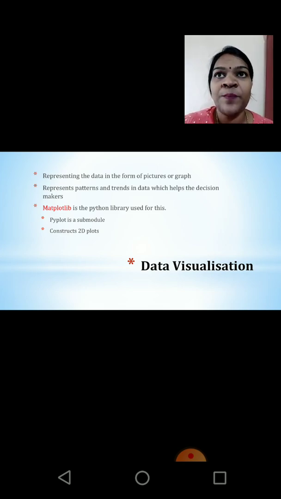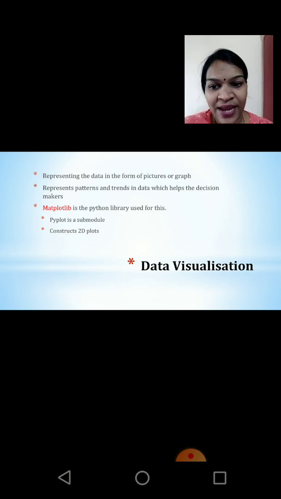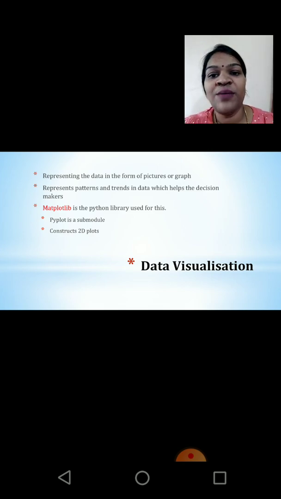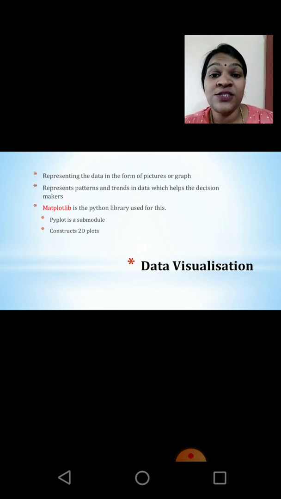And one more thing, there is a library which helps you in this. The name of that library is matplotlib. Matplotlib is a Python library used for visualization. Just like you used pandas for data handling, for data visualization you have matplotlib. Inside matplotlib there is a submodule known as pyplot.